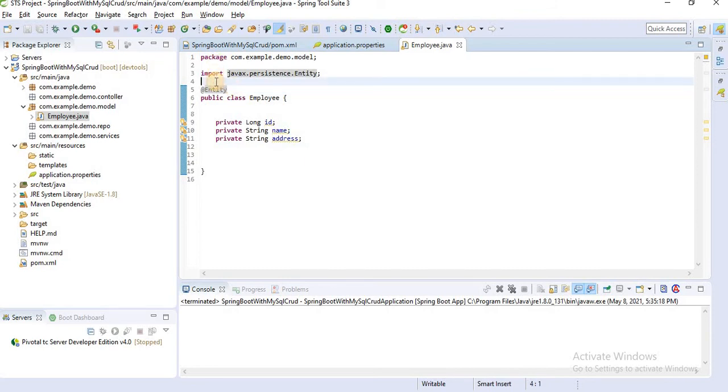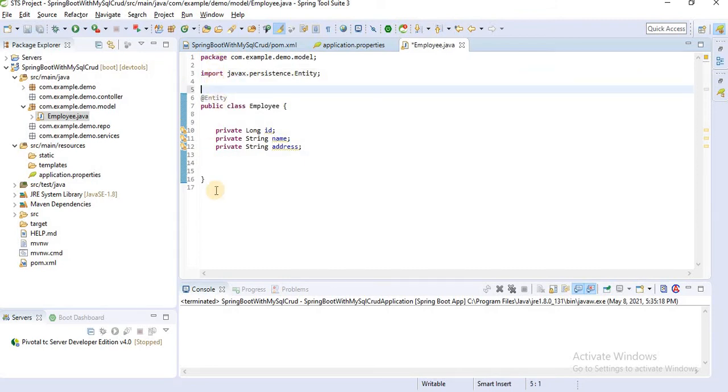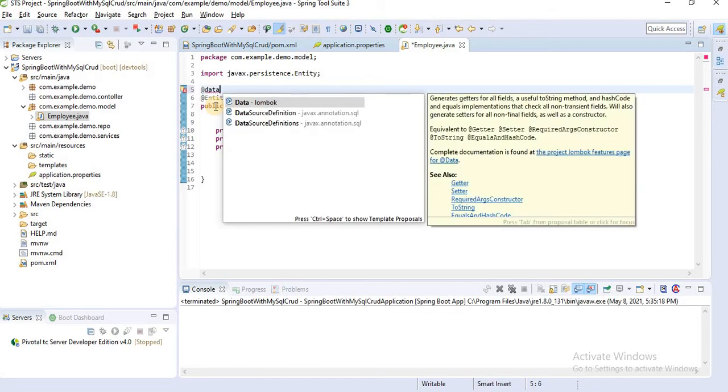Lombok is responsible to generate getters and setters. We don't need to add getters and setters here, we just have to add @Data from Lombok.